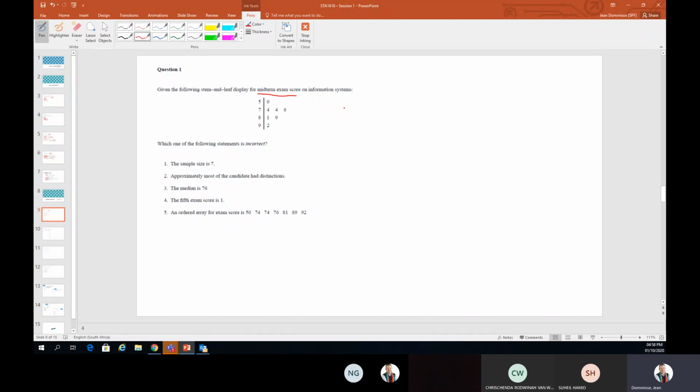So that is why I want us to focus on the stem and leaf and sort it out once and for all. When we look at the stem and leaf, maybe later on I will look for an example of what they did in a previous exam, where they use it a bit differently, but let's first go through the normal ones.